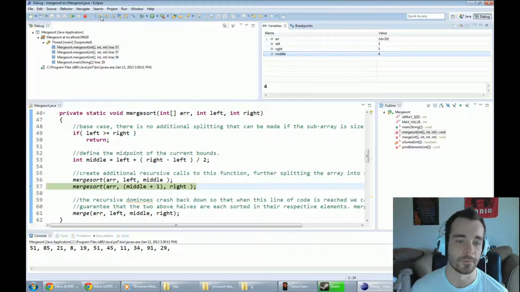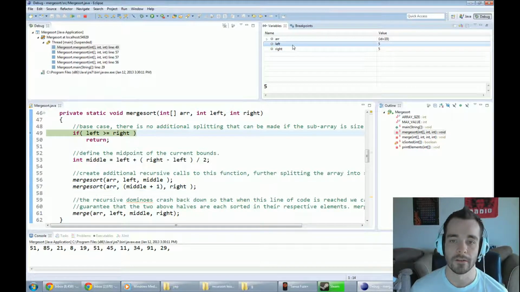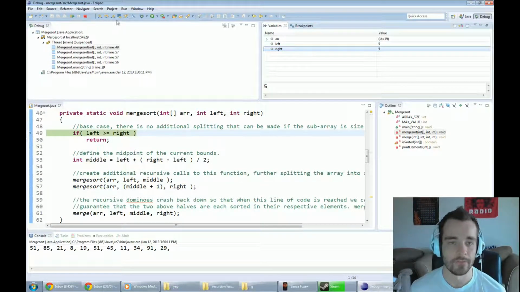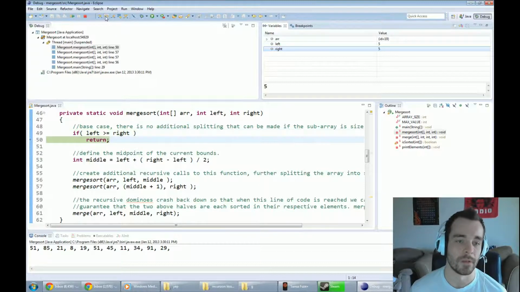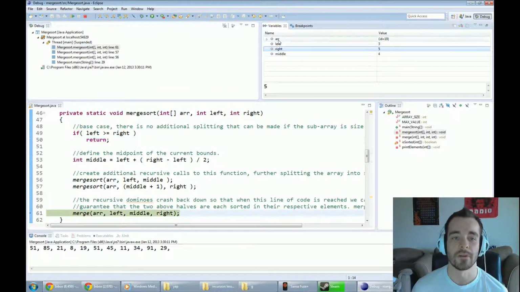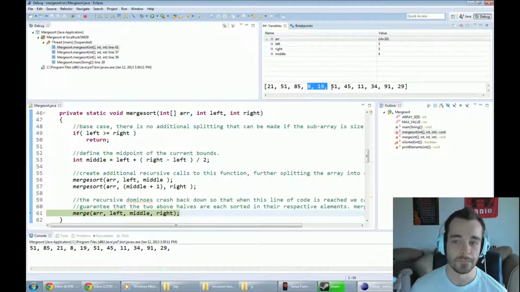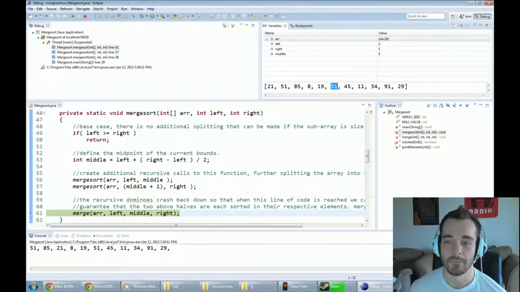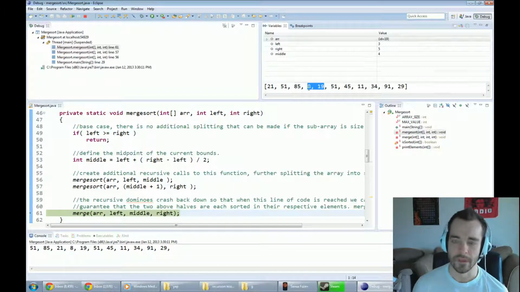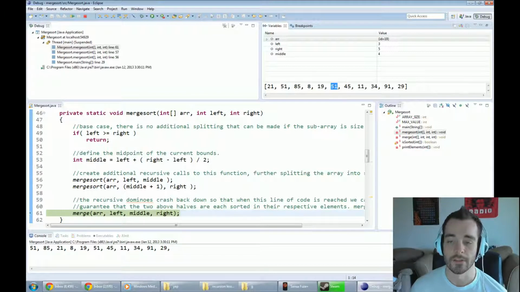Mid's 4, so we'll step into this. Right, the left is 5, right is 5, so we're going to return that being one element. So it's the same thing that just happened on the previous set where we had 3 numbers. We now have 3 numbers. This is the left side that has size 2, excuse me, and this is the right side that has size